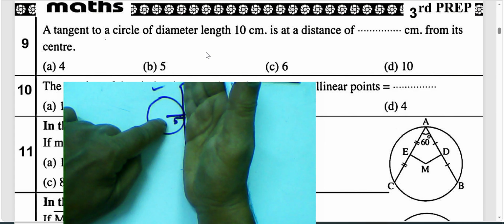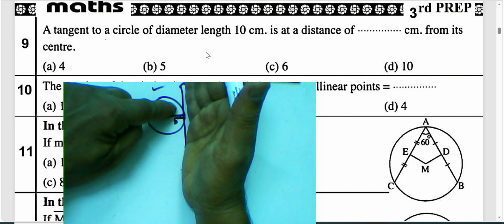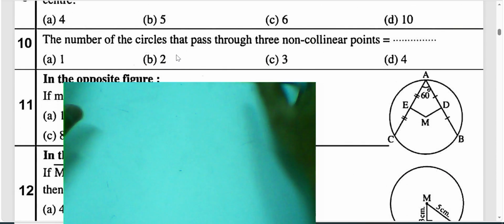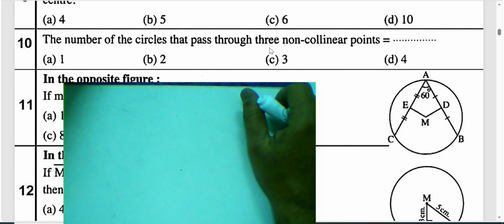Again, we have a tangent of a circle with a diameter of 10 centimeters, so the radius will be 5 centimeters. So the distance between the center and the tangent will be 5 centimeters, because the tangent is perpendicular to the radius of the circle. The length will be 5 centimeters here. Choose letter B. Next question, the number of circles that pass through three non-collinear